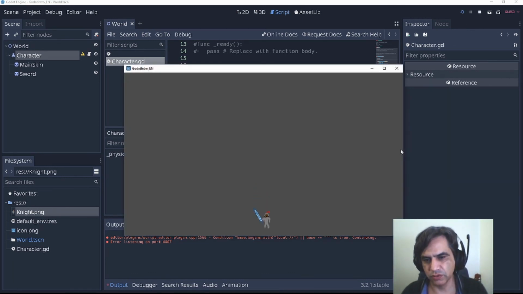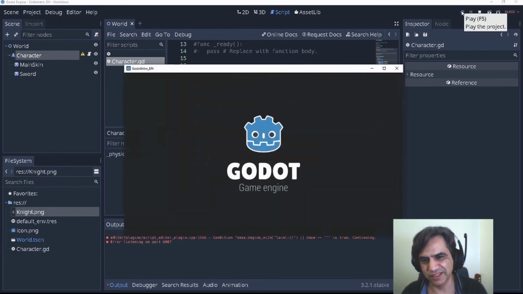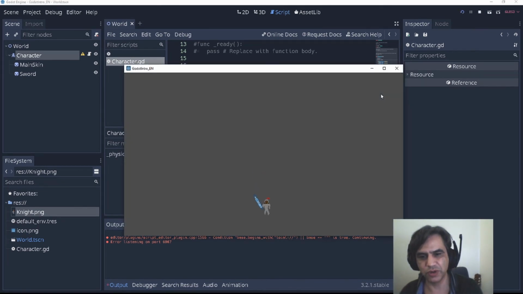Actually, it's not that bad. So my character falls because there's no ground. We need to create some ground for our character. Otherwise we can move.